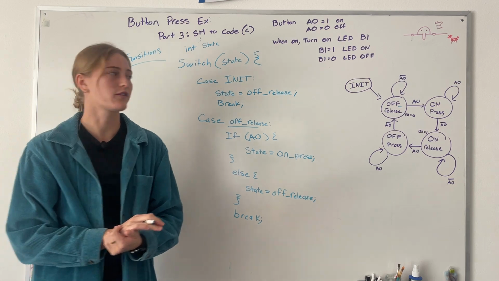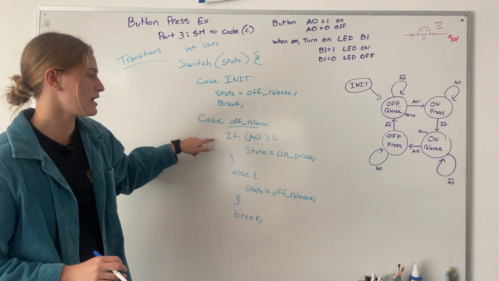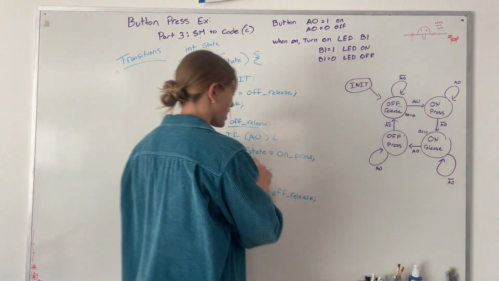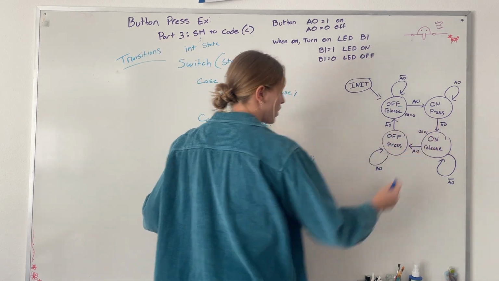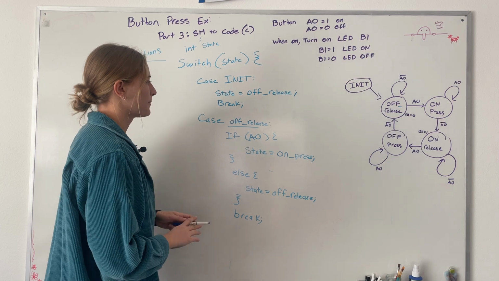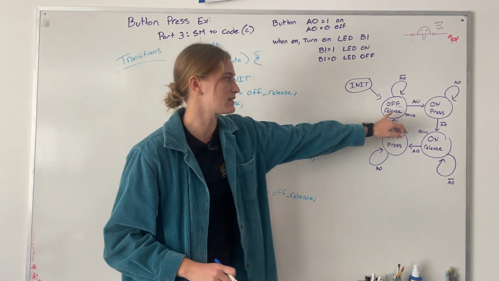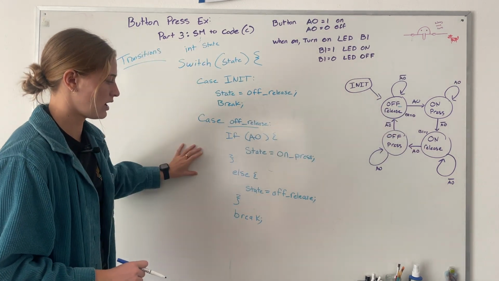We're going to continue this for every single state. So for the case of on press, if A0 is true, we stay on press. If A0 is not true, or else, we go to on release. You're going to write a case for each state. So here we've got 5 states, 4 for the button, 1 for the start, and that's how I finish it